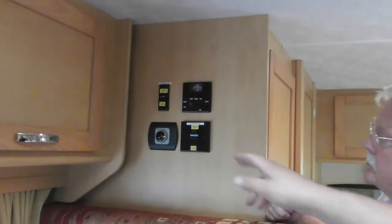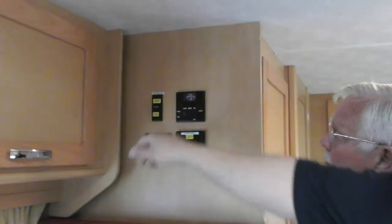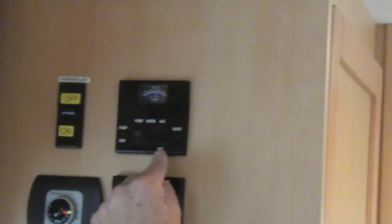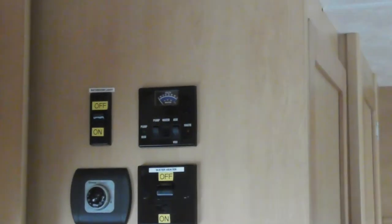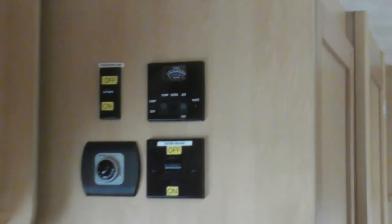Now the end one is your battery changeover. At the minute I'm running on the leisure battery, which is the auxiliary at the top there. All the way down at the bottom, we'll run it off the vehicle battery instead. When it's at the top, it's on your leisure battery, but when it's down at the bottom, that's off the vehicle battery. So this is where you need to change it over when you